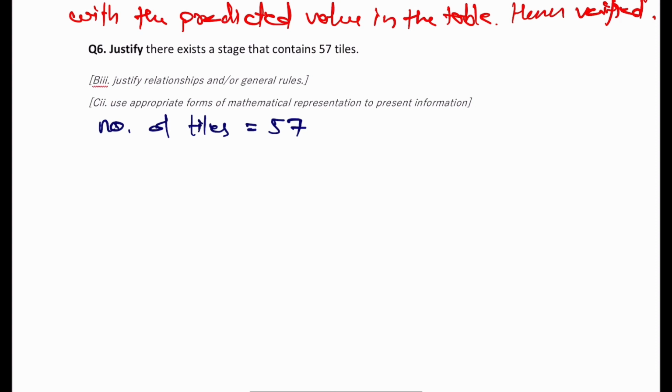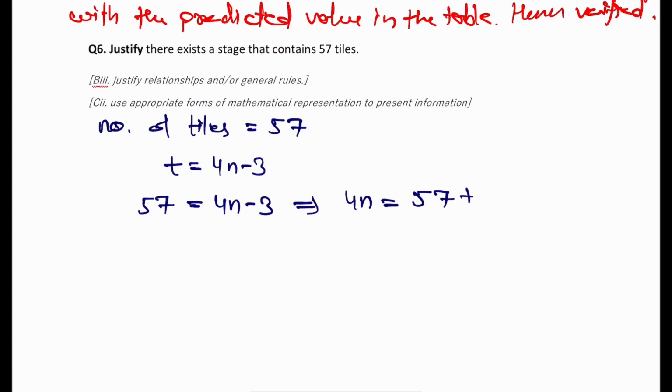So we have the formula for it. t equals 4n minus 3. So in place of t, you can substitute the value of 57. 57 equals 4n minus 3. This implies 4n will be equal to 57 plus 3. 4n will be equal to 60 over here, and the value of n can be written as 60 divided by 4, which is 15. So in the 15th stage,